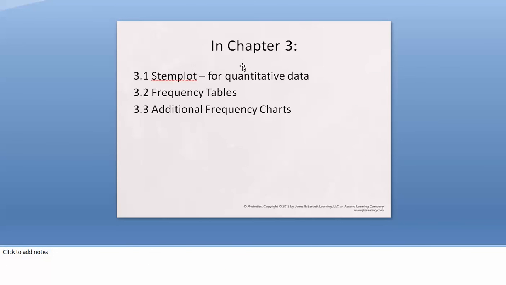Now the chapter is divided into three sections. In the first section, we talk about stem plots. Stem plots are for quantitative data. Then in the next section, we will be talking about frequency tables. You can certainly create tables for all kinds of data, so this belongs to categorical, ordinal, and